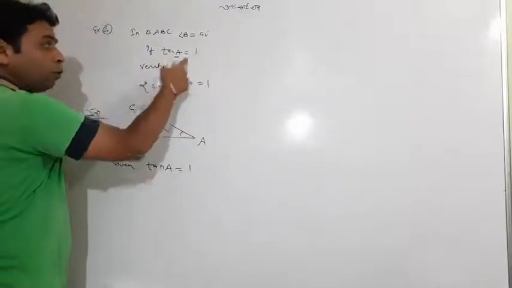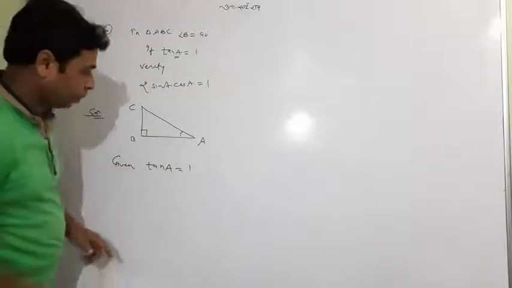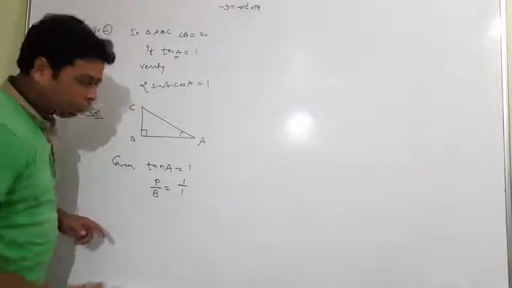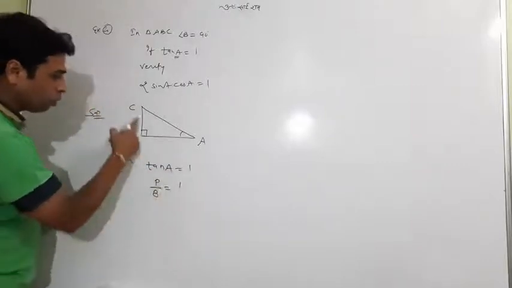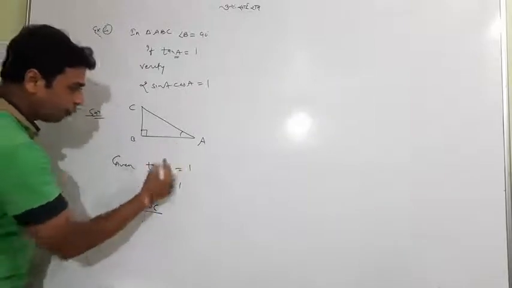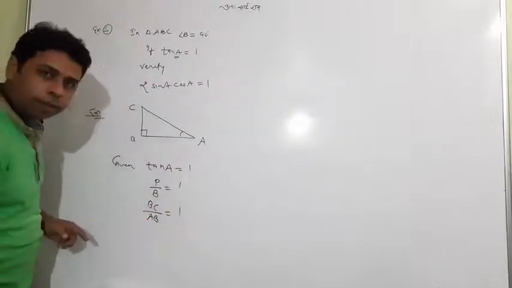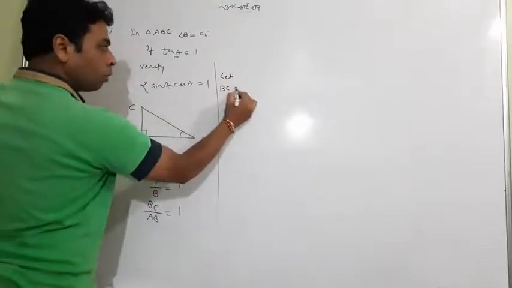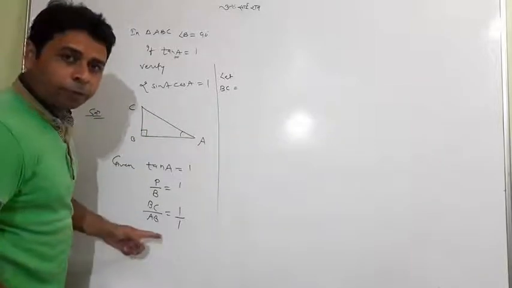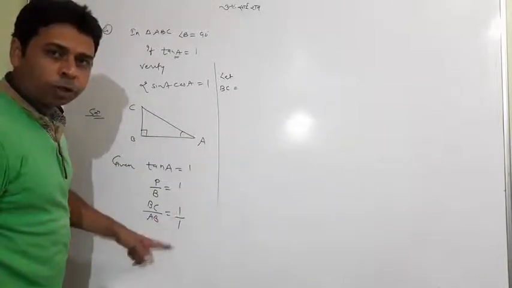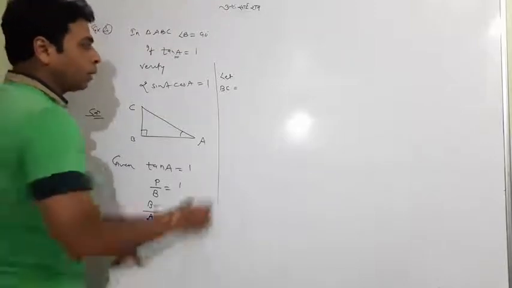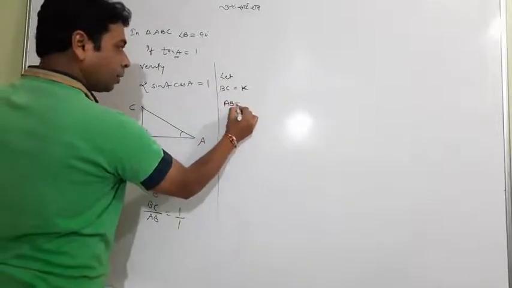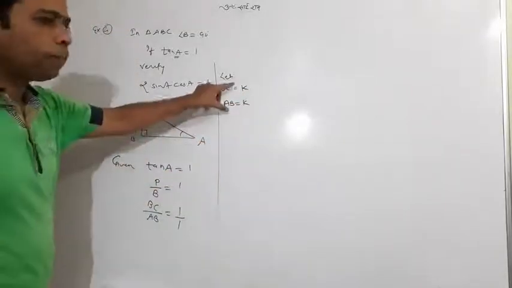So this time tan A equal to 1 is very similar to what we did in the first question. Tan A means perpendicular upon base, and it is 1 upon 1. So perpendicular is BC and base is AB. Remember the first question today, 3 by 4, where we took 4k and 3k. This time 1k and 1k. You may be surprised that 1k need not be written as 1, only k is sufficient. It looks awkward, but it is true.